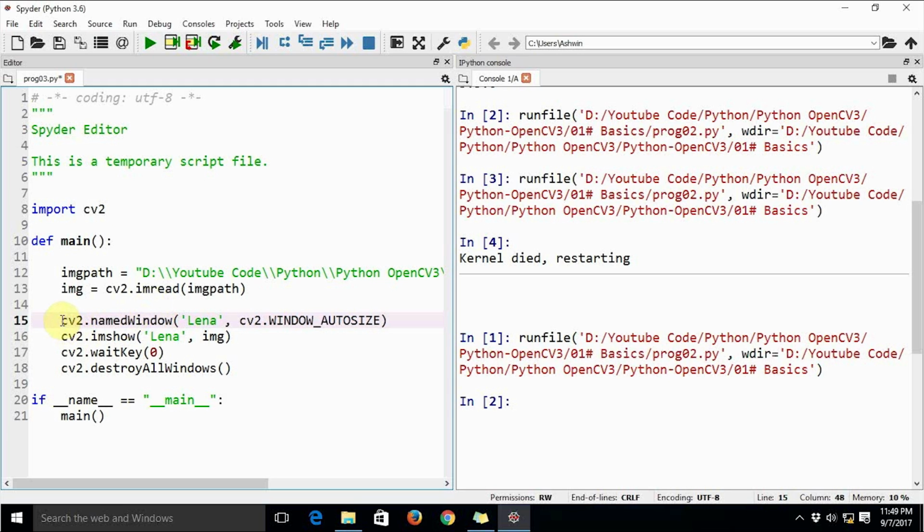Okay, so this method call creates a named window known as Lena, and when you say cv2.imshow Lena and img, this associates it with the named window Lena.